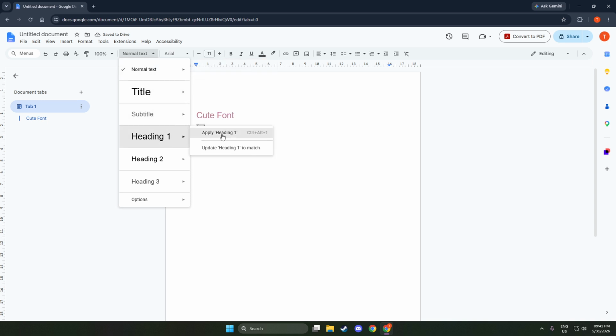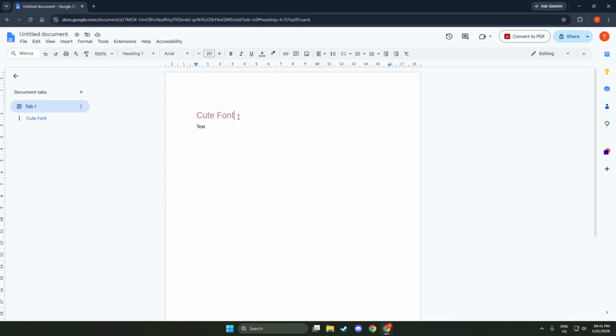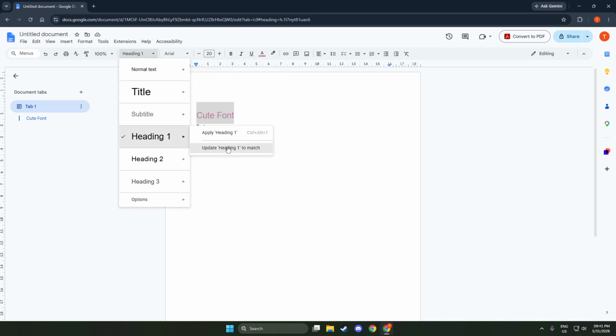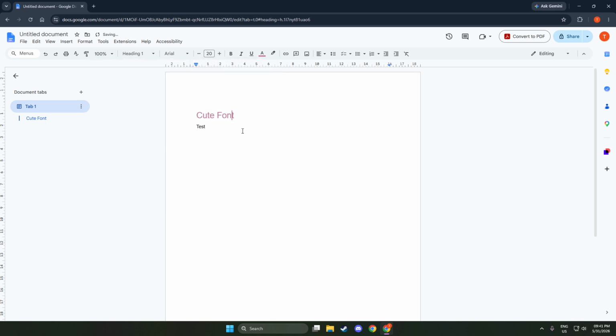Keep decoration tasteful. 1 or 2 emojis are plenty so your document feels charming, not cluttered. That's it: a friendly font, a cohesive palette, and a cute header. Save your palette and styles in this doc as a template so you can reuse the look anytime. Have fun making your Google Docs cute, polished, and totally you.